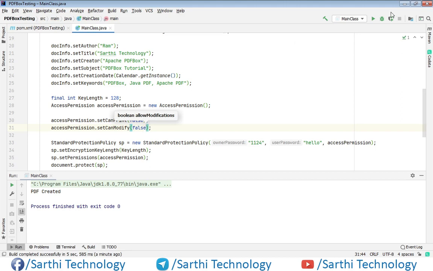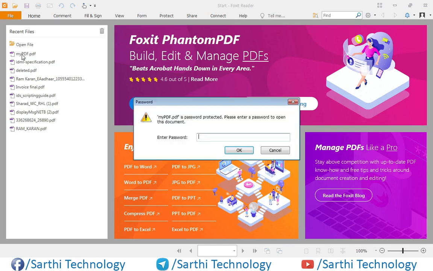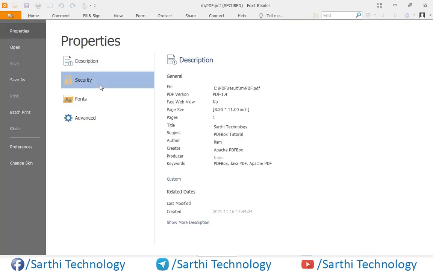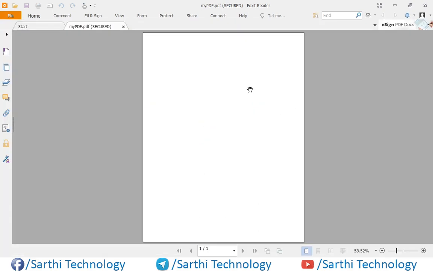So again let's run. Control D, security, and you can see changing the document is not allowed. So this was the example of how to set a password in your PDF.